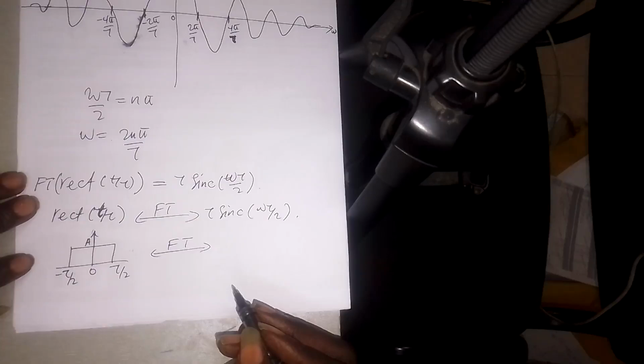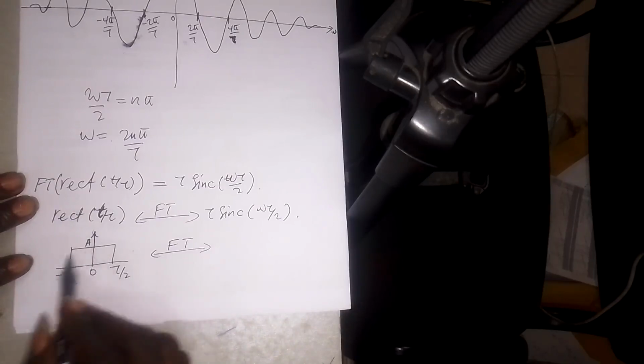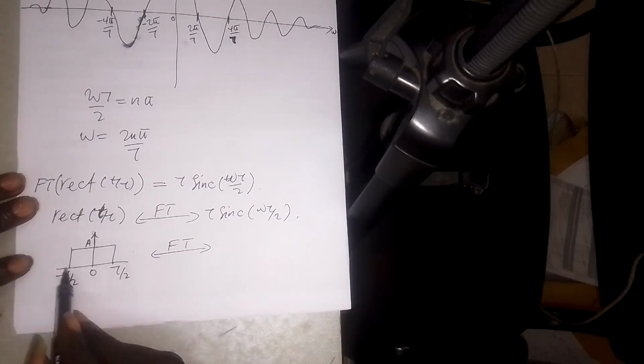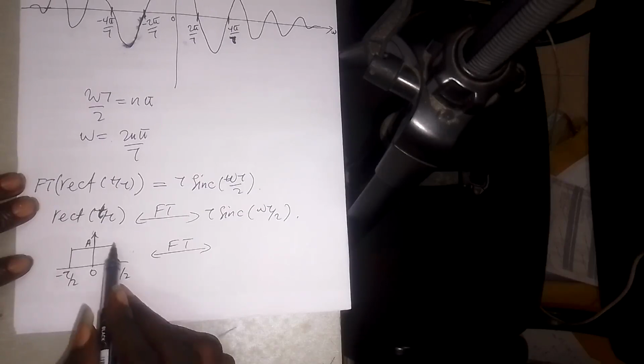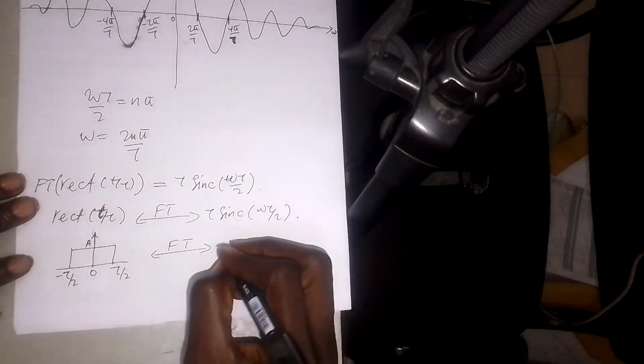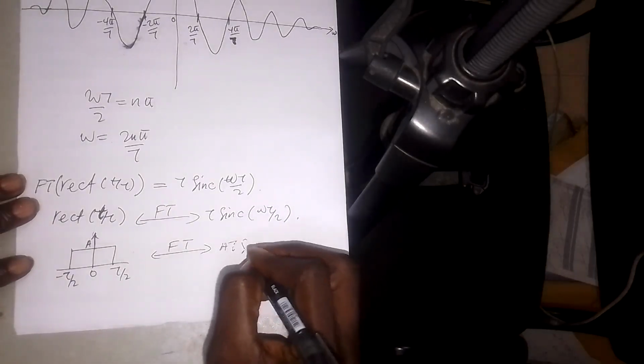Basically, you're going to have the area. The area is from here to here times here to here. Here to here is minus tau on 2 to tau on 2, that means tau, and here to here is A. So I'll have A tau into